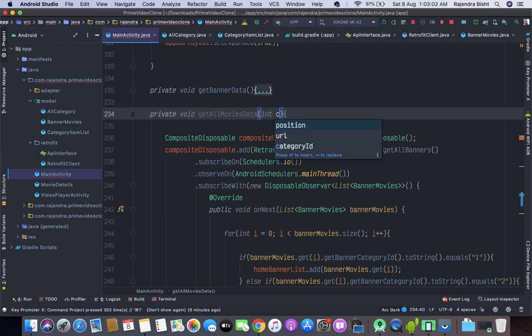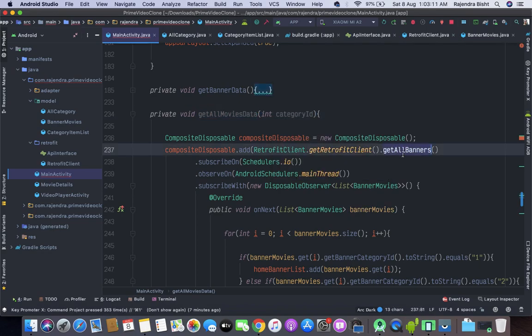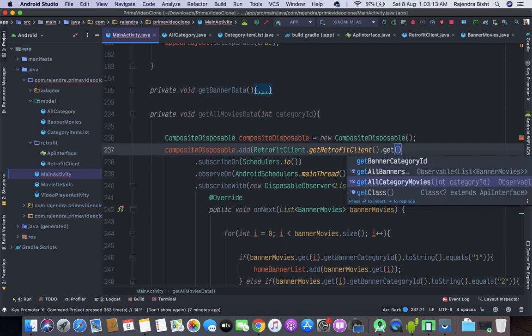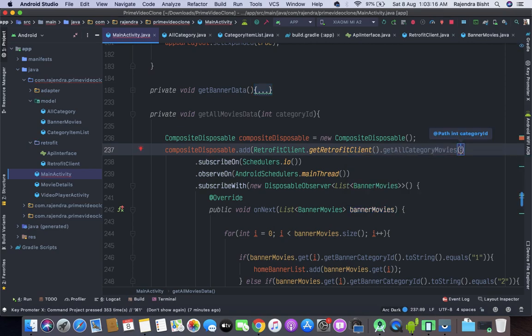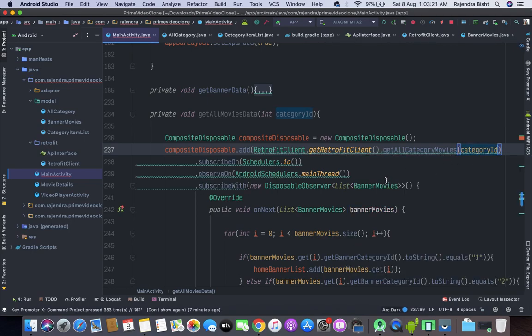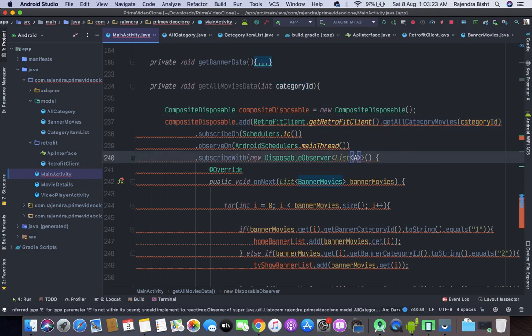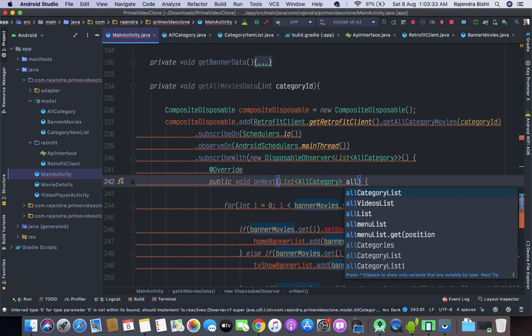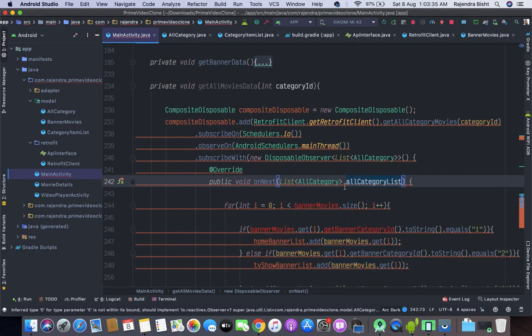So int category ID, and get all category movies, and inside this I will pass the category ID. So this is the type of all category list.